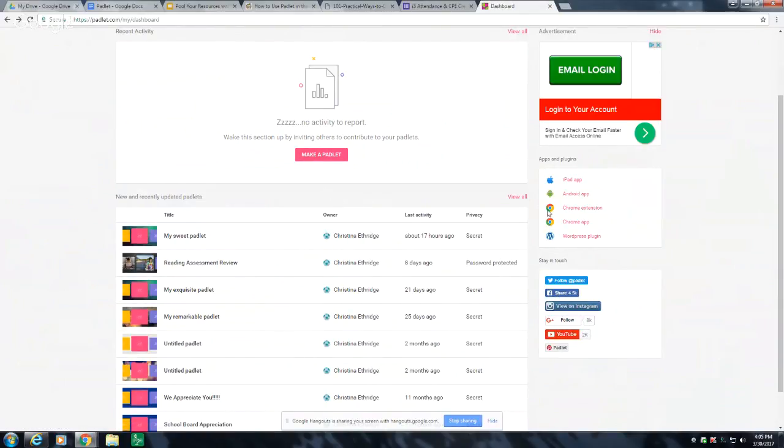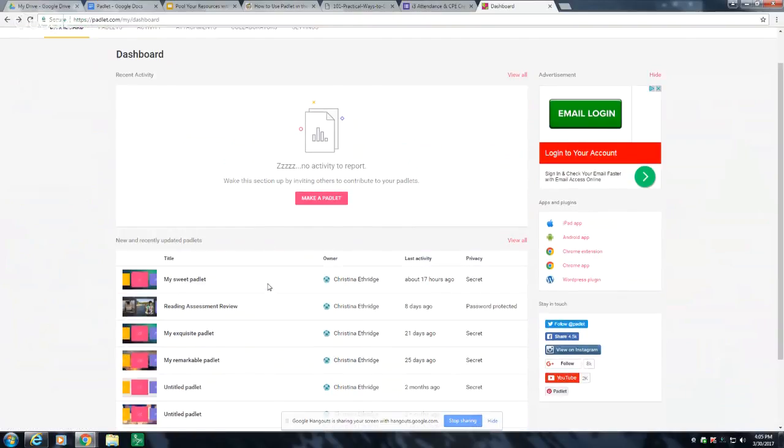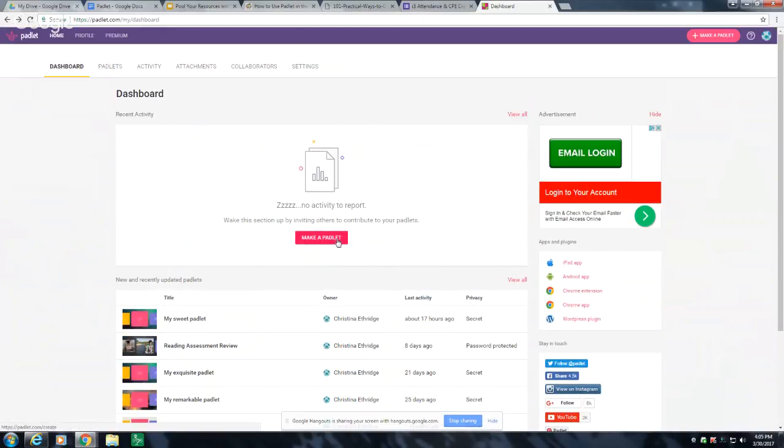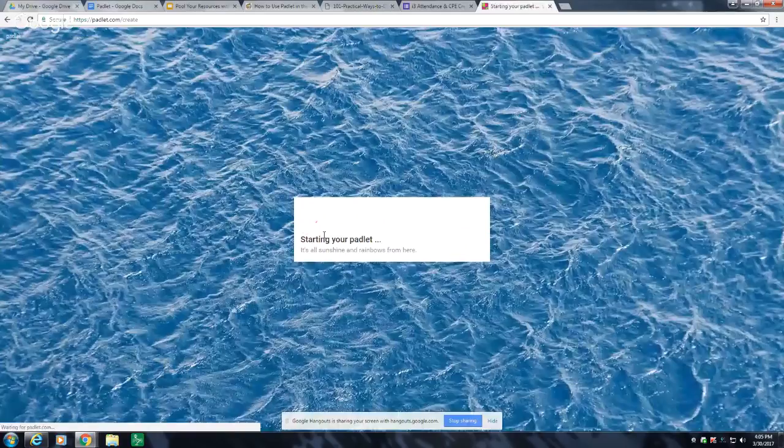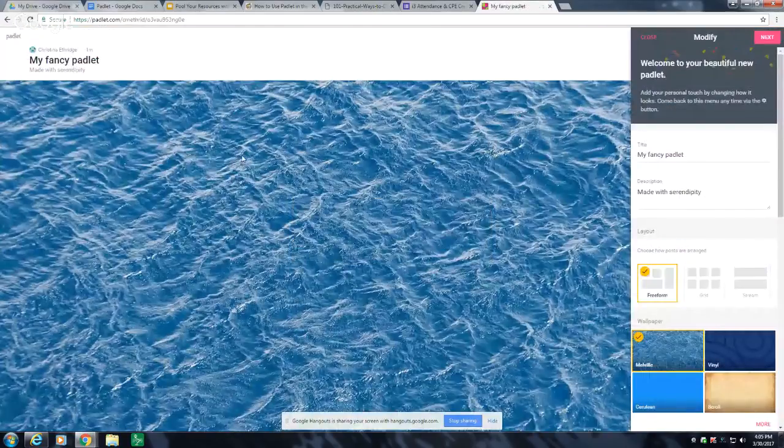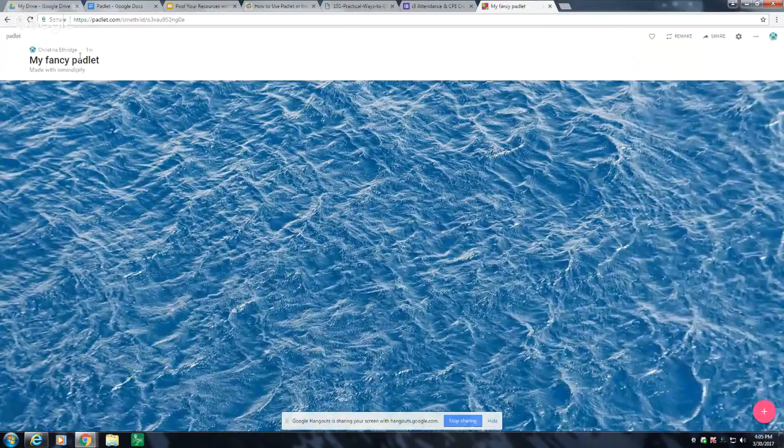When you go to make a Padlet for your class, you would either click here where it says make a Padlet, or up in the right hand corner where it says make a Padlet. And it's going to start it like that. And it's going to give it some name, like this one's called My Fancy Padlet. And you can change that